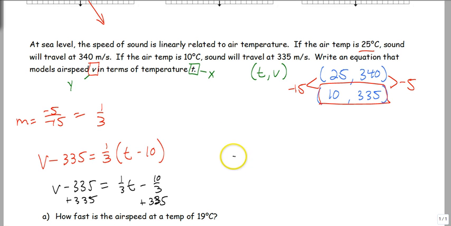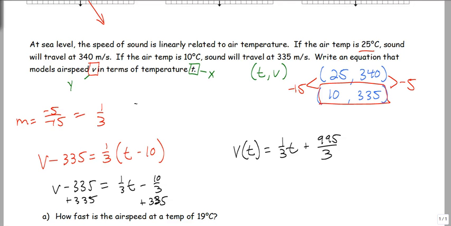So I get the equation v of t. I'm writing it in function notation now just so I know what my independent and dependent variable are, is 1/3 temperature plus 995 thirds. Okay? Now, just so you guys know, remember the slope is the same thing as rate of change